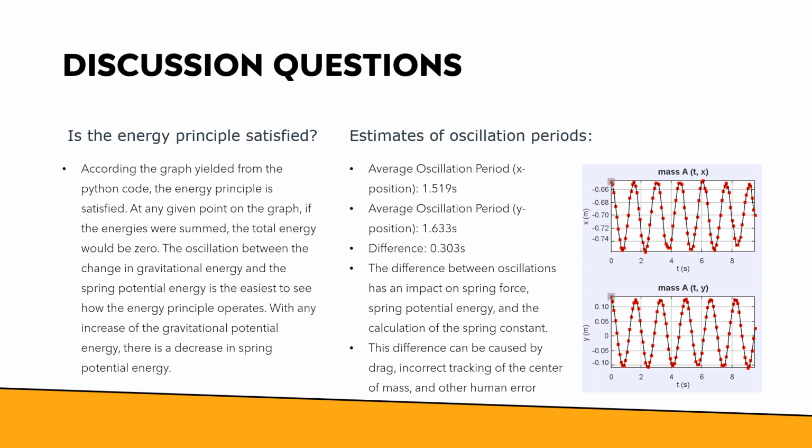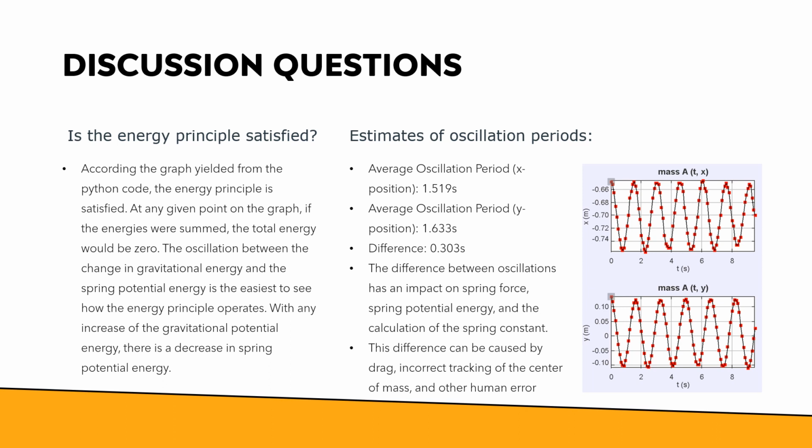Here are the estimations of the oscillation periods. The average oscillation period in the x position is 1.519 seconds. The average oscillation period in the y direction is 1.633 seconds. This difference is